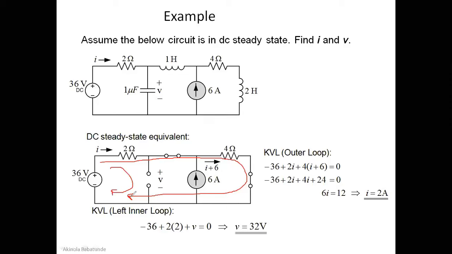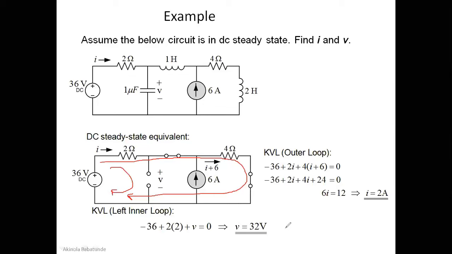So you see we have minus 36 plus 2 multiplied by I, and our I is already 2 amperes, by the way. So you can see we have minus 36 plus 2 times 2, because I is 2 here, plus this voltage. We're also traversing from positive to negative for this particular voltage, plus this V equals 0. So if you solve these and then make V the subject, you obtain your voltage V to be equal to